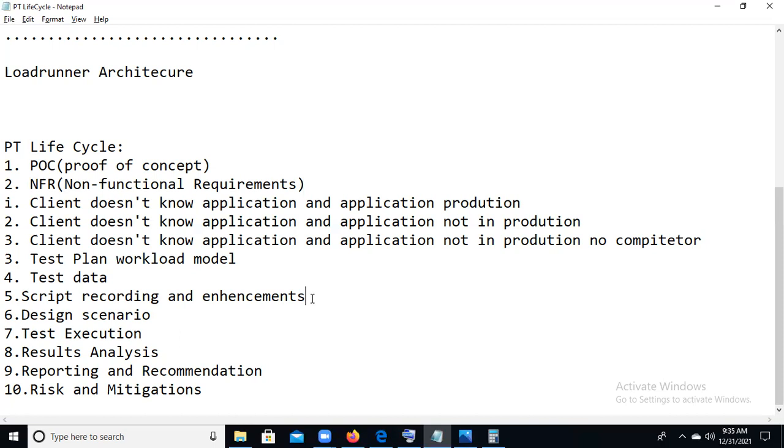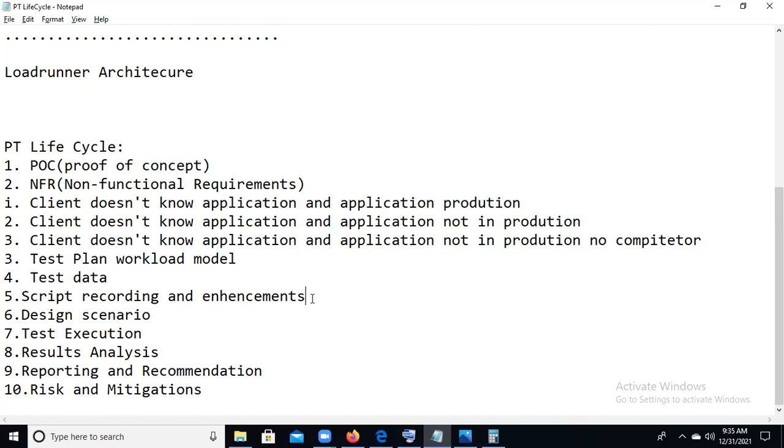Maybe it is an application side issue, or a client side issue, or a server side issue. Server side means high CPU and memory utilization. Based on that, we analyze the results and dig into the issue. We can find that CPU memory is crossing more than 90%. Then we need to recommend to the particular team, can you please increase the CPU memory? So we can just recommend that to them.